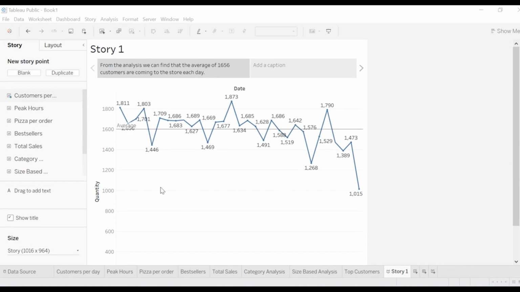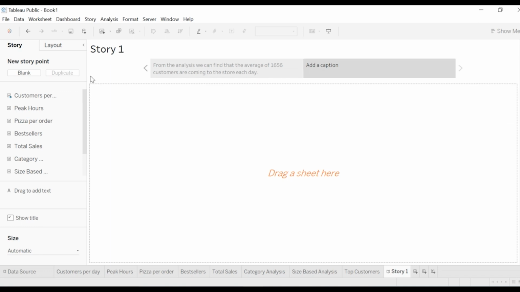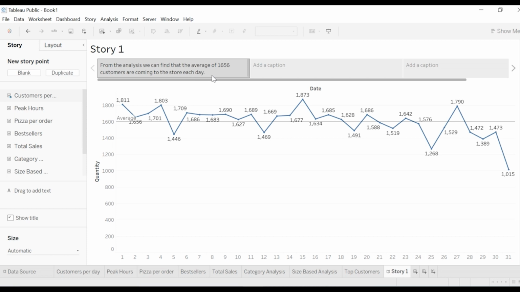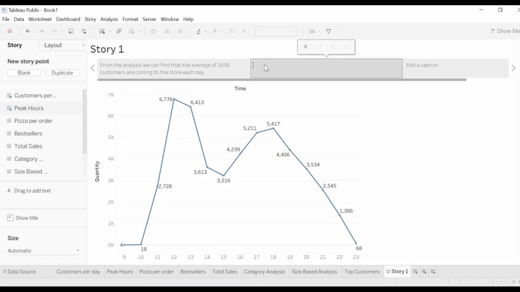So here you can quickly make the presentations. You can go to the size also. If you want to increase the size of the pane, you can set the size to automatic here, which will give you the entire screen to work with. Then you can change the story from this blank thing here. So this is my first story. I can write further if I have to write more to make the management understand my idea. I can use the second sheet here, and what I can write here is